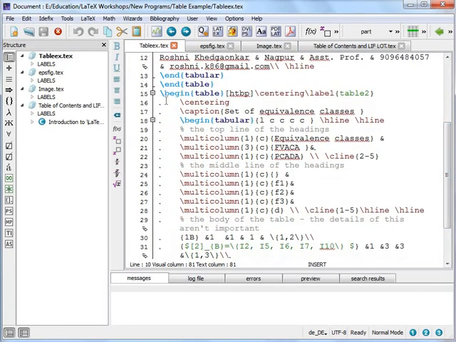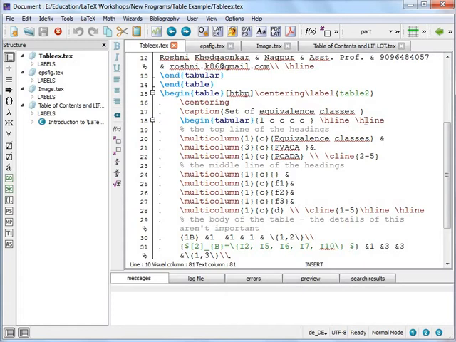Then again I am creating another table wherein a particular column may consist of three sub-columns. For that we have another command that we will see. Here, \begin{table}, where you can use any placement option. Then \centering, and the label over here is table 2. The caption is set of equivalence classes. Then I have used \begin{tabular}. The column specification should be lccc c, that is, the first should be left aligned and all the remaining should be centered, and there are a total of 1, 2, 3, 4 and 5 columns, right?